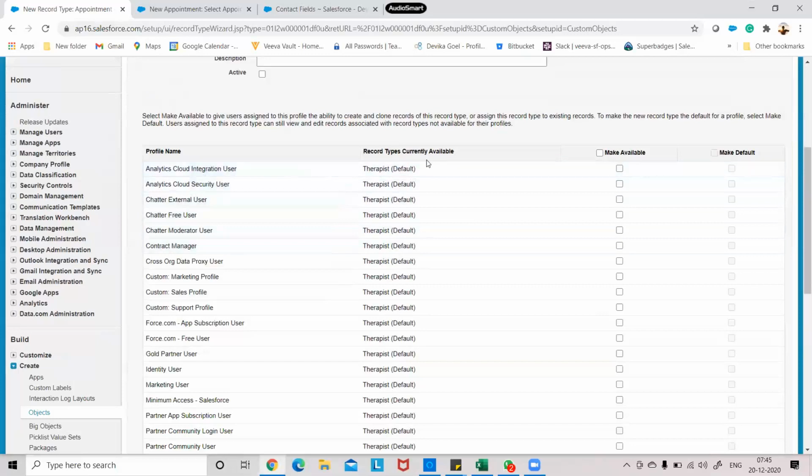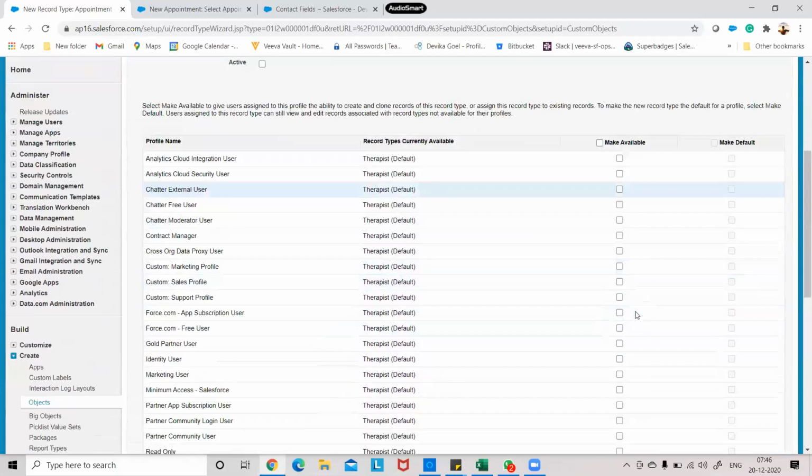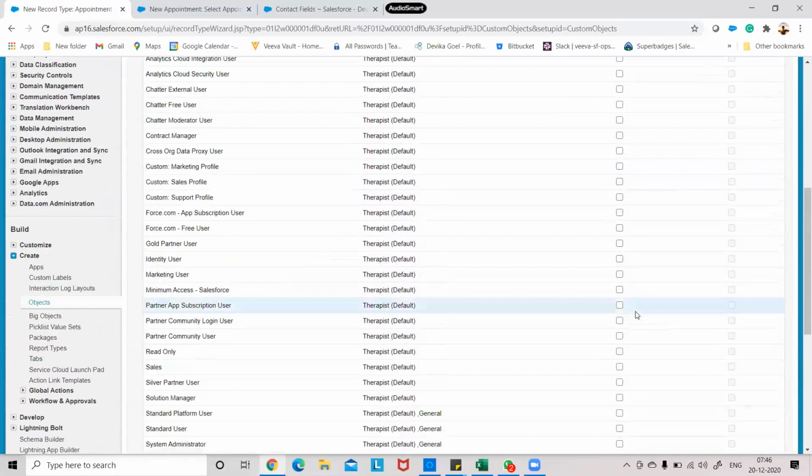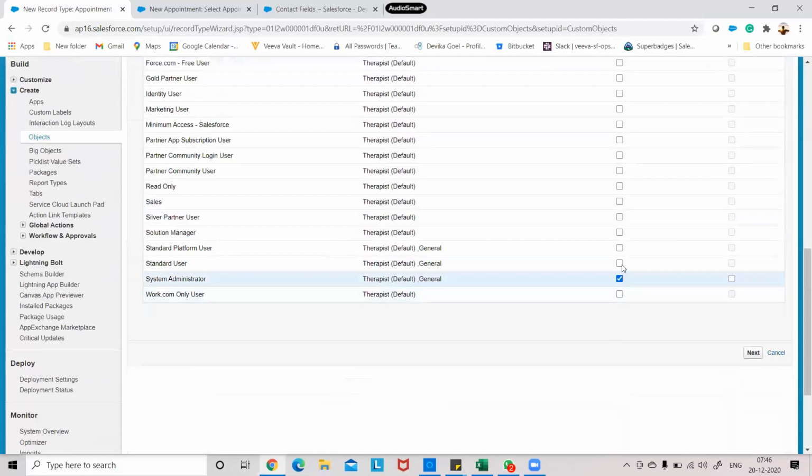these are the record types currently available, and therapist is the default one for me. Now, do you want this one, the one we are creating right now, to be default? I can say yes, or I can say no also. So let's make it